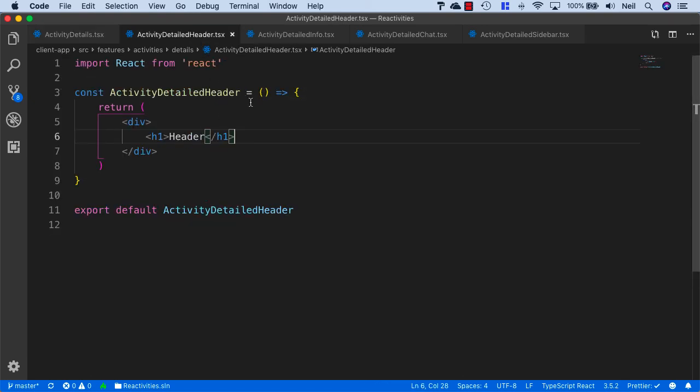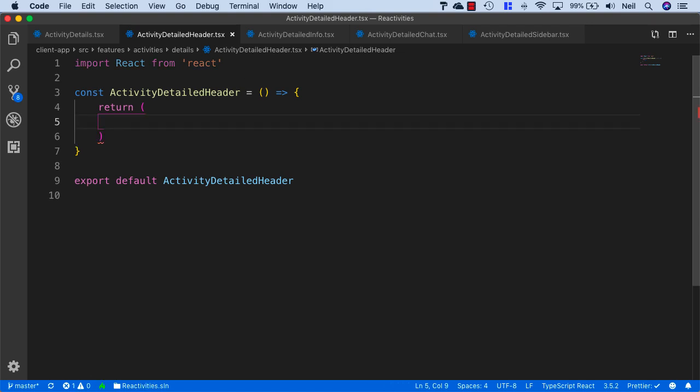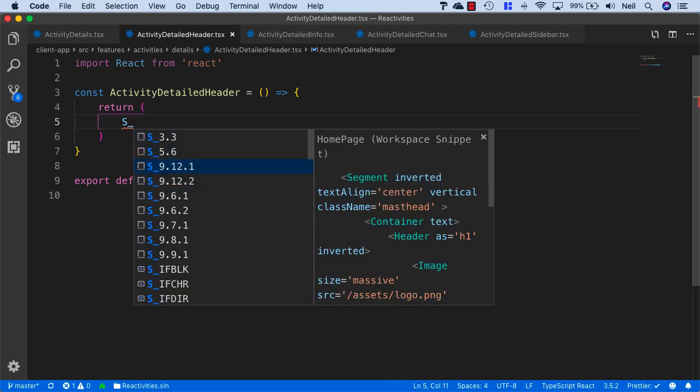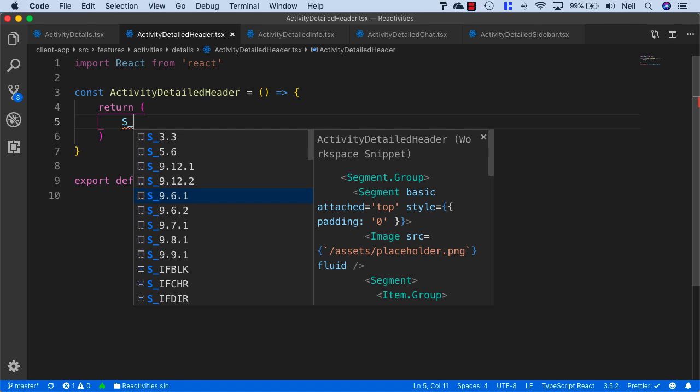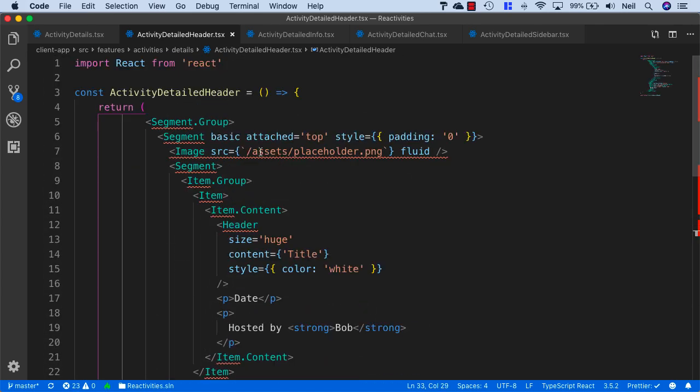But first of all, let's go to this component. And what we're going to do is add some JSX inside here, but it's not particularly complicated to write, but there is enough of it to make it boring to watch me type it and you to copy along. And for components like this, where we just want to style a component and add a lot of semantic UI components, I've provided snippets to save ourselves a bit of typing and a bit of time. And what we can use for our activity detailed header is s_9.6.1,